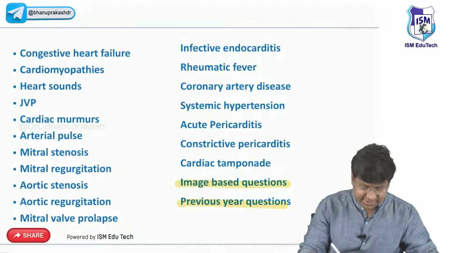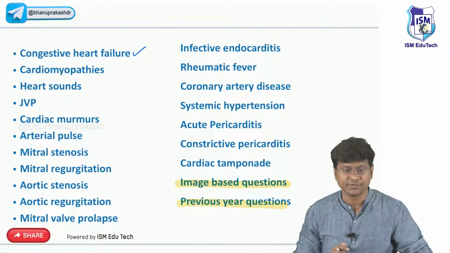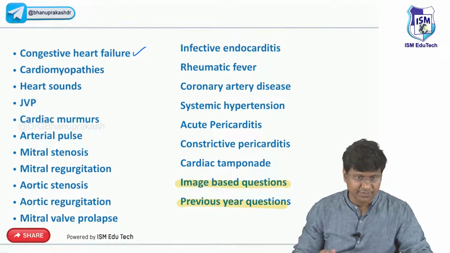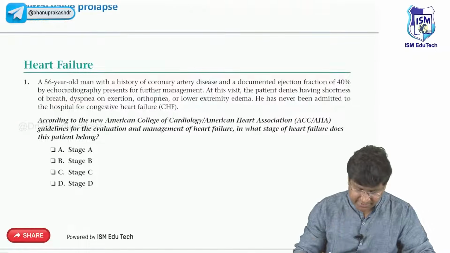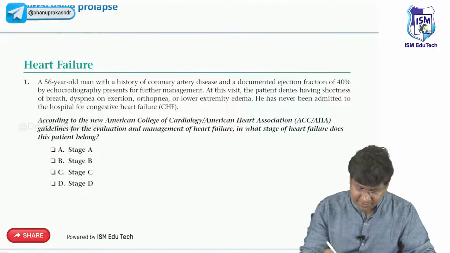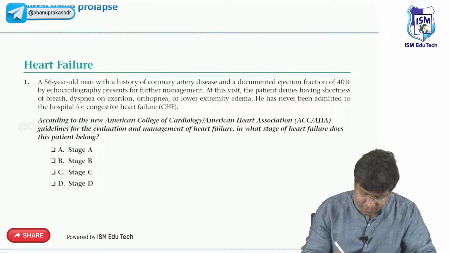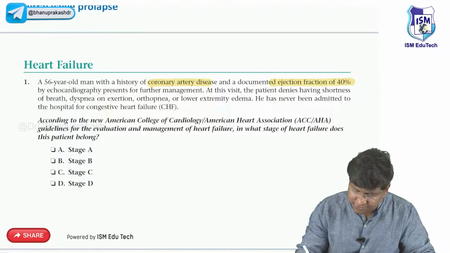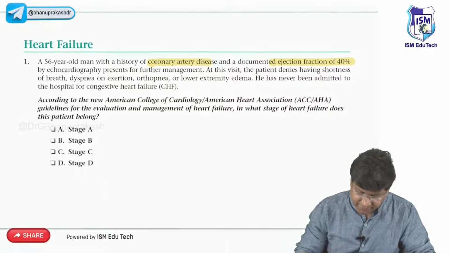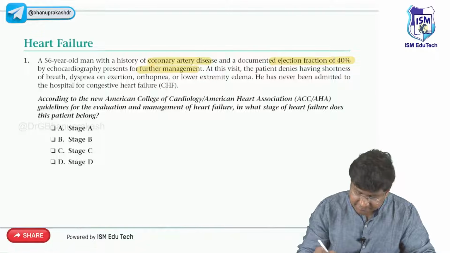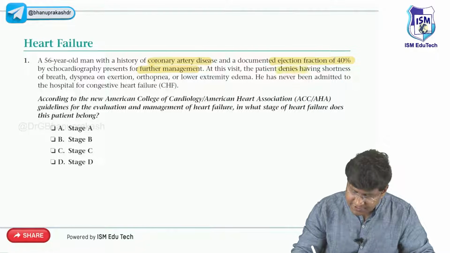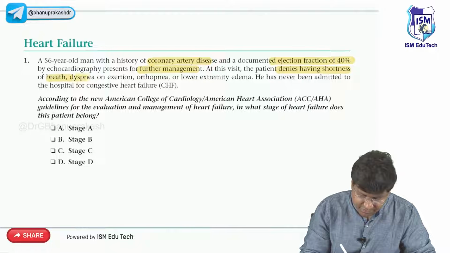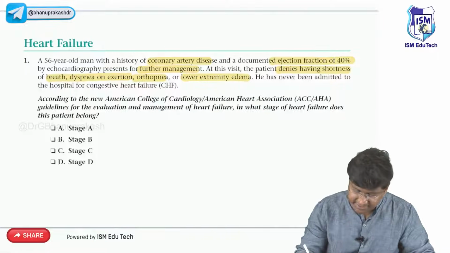Now let us start the discussion with the congestive heart failure. So if you see this congestive heart failure, you need to know one important clinical scenario. So the clinical scenario is that a 56-year-old man with a history of coronary artery disease and documented ejection fraction of 40% by echocardiography presents for further management. At this visit, the patient denies having shortness of breath, dyspnea on exertion, orthopnea, or lower extremity edema. He has never been admitted